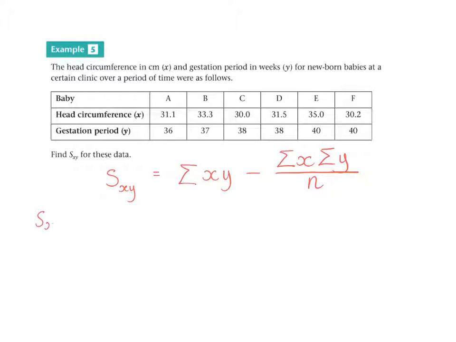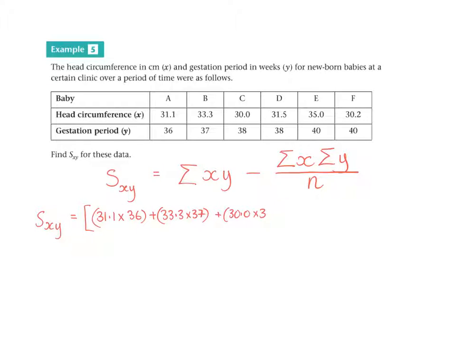So if we put this into the formula, the first part is 31.1 times 36 plus 33.3 times 37, and again I'll put that in a square bracket, plus